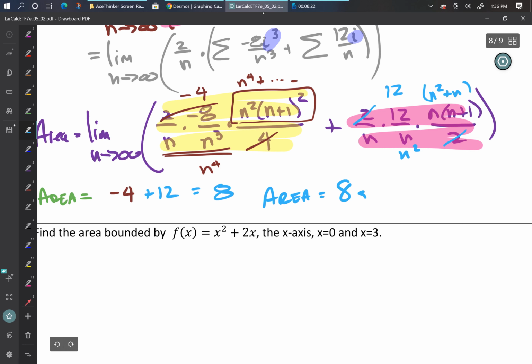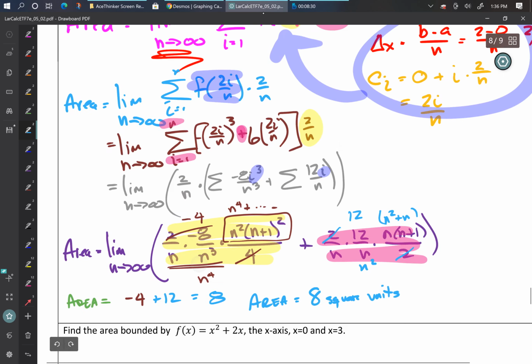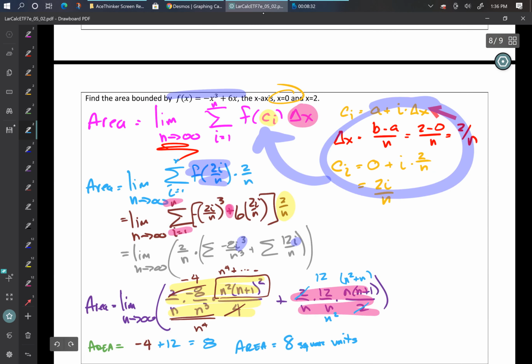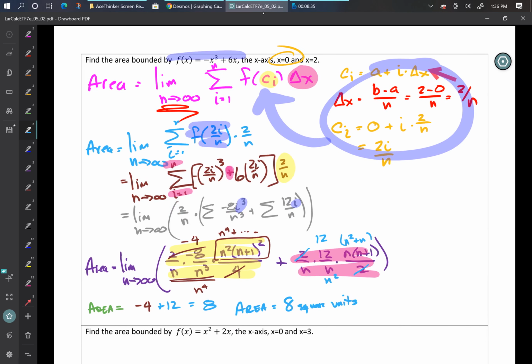So that means that the area is 8 square units, whatever those units would be. So what does area mean? Well, it all depends on what your units are. And what I mean by that is,